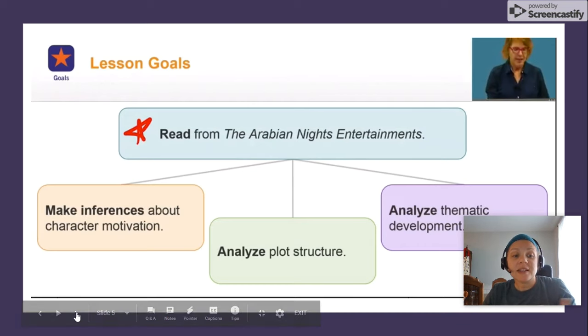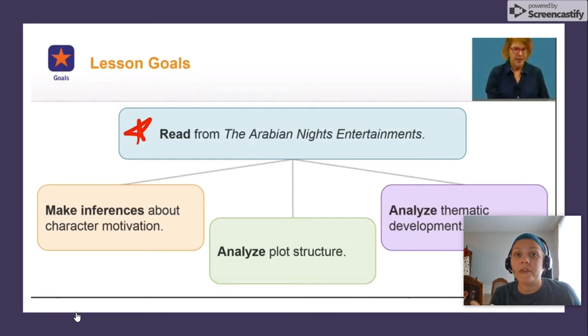All right. So lesson goals. Read our Middle Eastern fairy tale. We're going to look at making inferences, character motivation, analyzing plot, and thematic development. So really in class, we didn't go over so much what you can actually do in the module yourself. We're looking at those terms that may be new, maybe they're old, maybe it's a different way of looking at or applying them. And what I tried to do for us in class today was isolate groups of terms of new information so that you can work on those and feel really strong and comfortable with them and recognize them